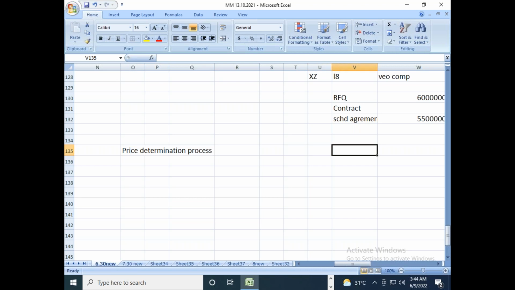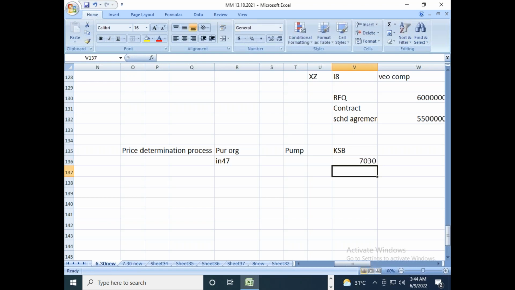Let us say there is a vendor known as KSB pumps. I want to buy a pump from this particular vendor, from a purchasing department or purchase organization. Let us say the purchase organization is IN47